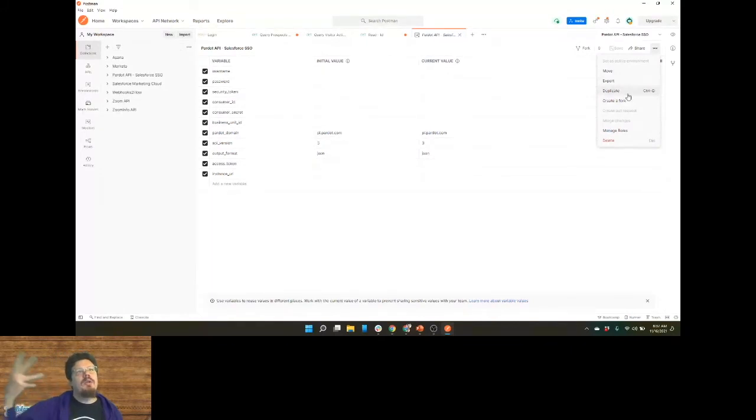And that way we can create multiple versions of this. So if we have 2 or 3 different logins that we want to work with, we want production, we want our sandbox, we want another sandbox, we want our UAT sandbox, stuff like that. We can create multiple logins this way by clicking that duplicate button. And then we could just switch into which ones we want to work with using this drop down.